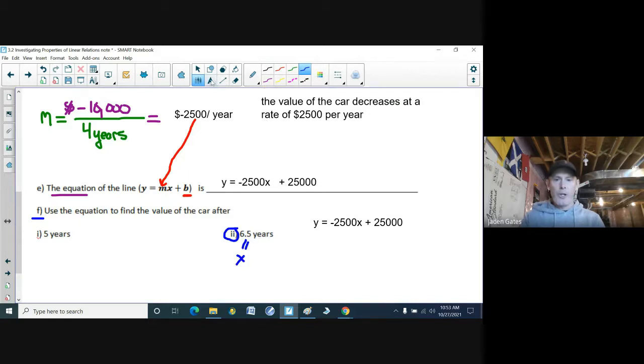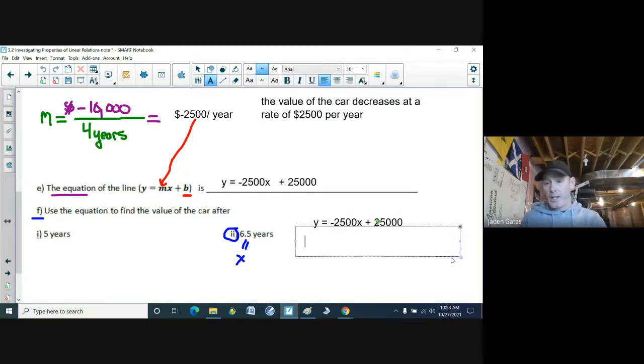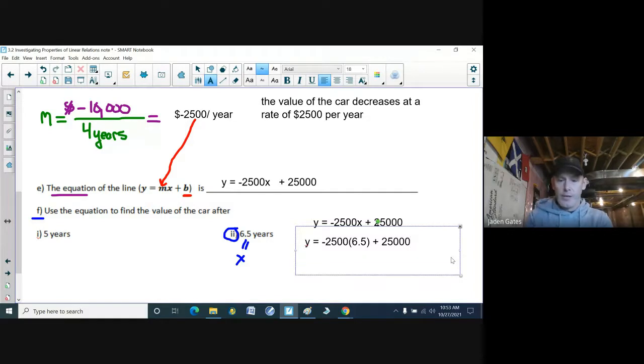All right, so I'm going to substitute into my equation for X, because that's what I got here. So I got Y equals minus 2,500 times 6.5 plus 25,000. All right. Again, the variable's already separated and it's isolated. So I get negative 2,500 times 6.5. So a negative times a positive is going to give me a negative answer here. And I get